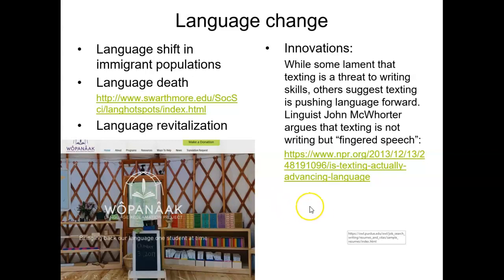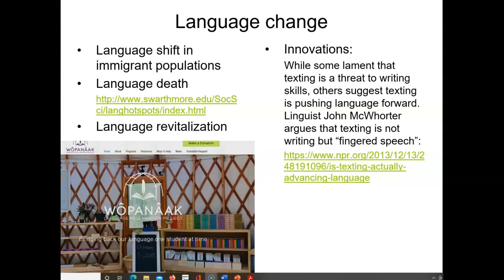So I wanted to end on something that I think is good food for thought and also falls under this umbrella of language innovation. In part because we're talking about language at a moment where there's a lot of conversation about how we communicate vis-a-vis the technologies that are now such an important part of our lives. And we've all heard these concerns, right? Particularly about things like texting. The linguist John McWhorter has a different sense of texting, what it is and what it means.